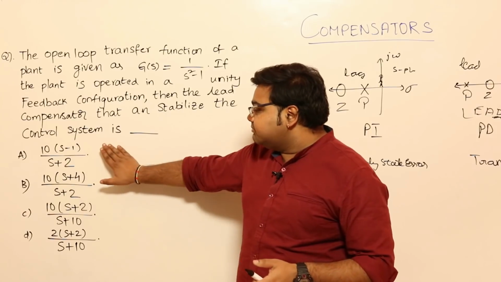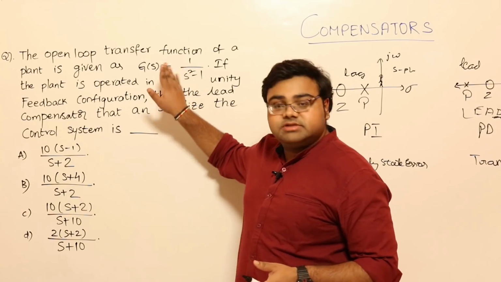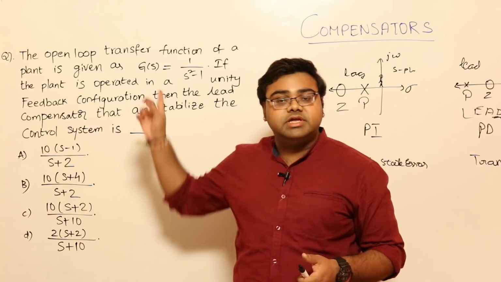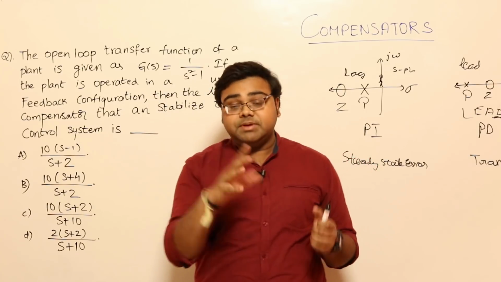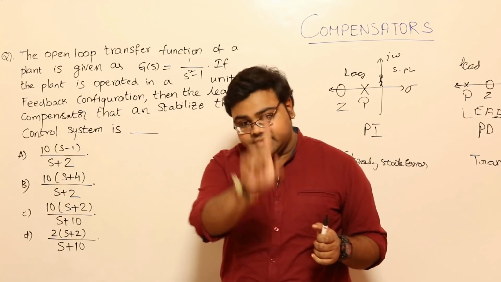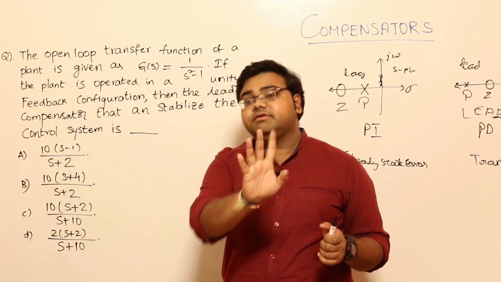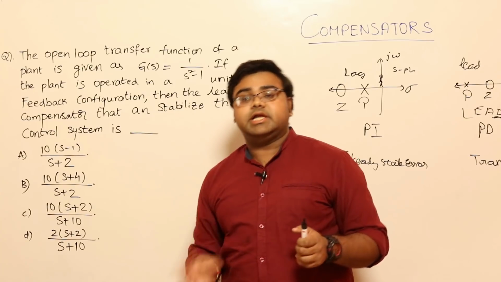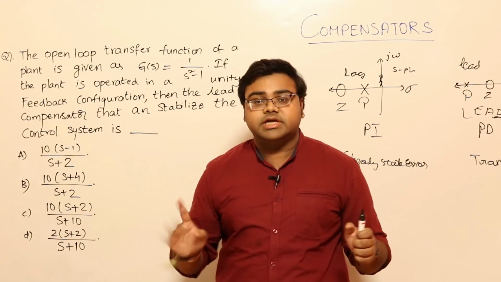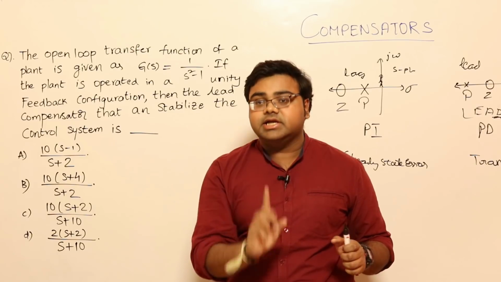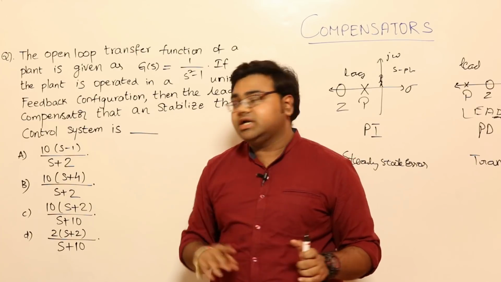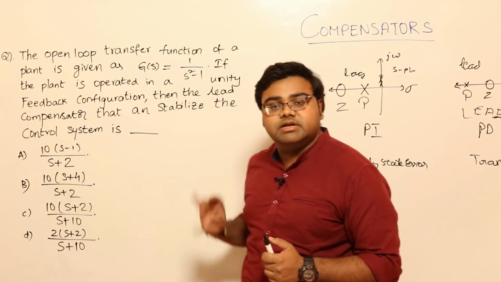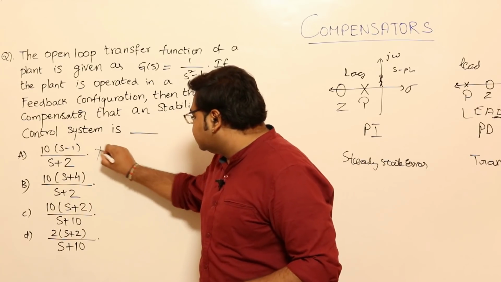One may feel that by putting this here, just beside it, you are able to cancel the unstable pole, that 0 cancellation is happening. Many people who overthink the question will feel that, but it is not the right way to design. To cancel an unstable pole of a system, you cannot add an unstable 0 to that. That is improper, that is illegal. Mind you, I am stressing it many times. So this is not the right answer. This is not an option at all. Eliminated.